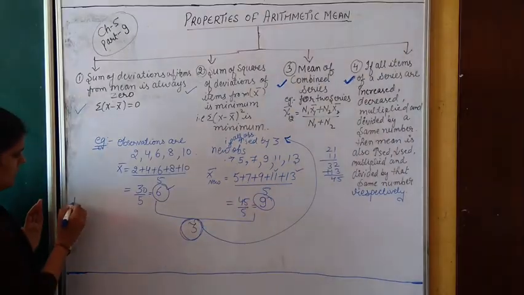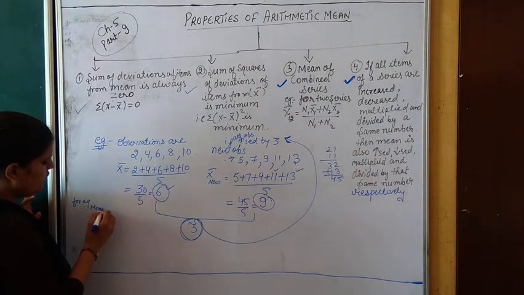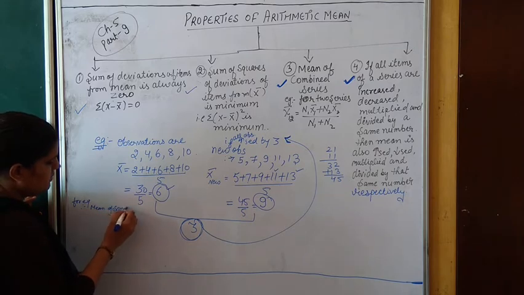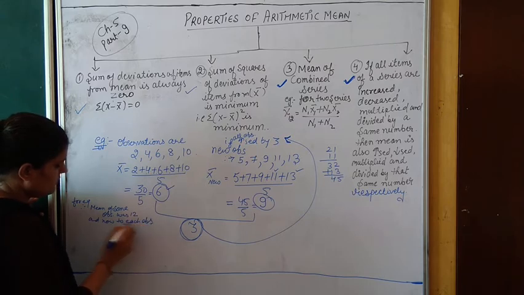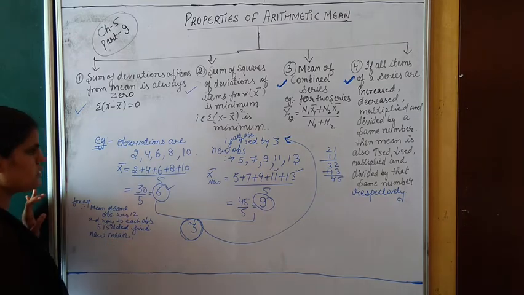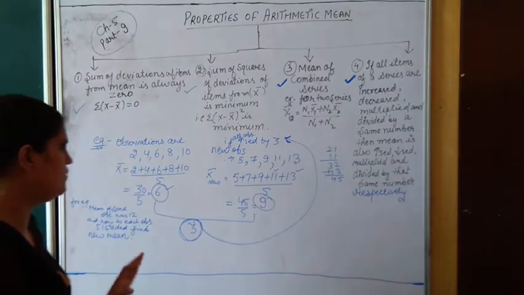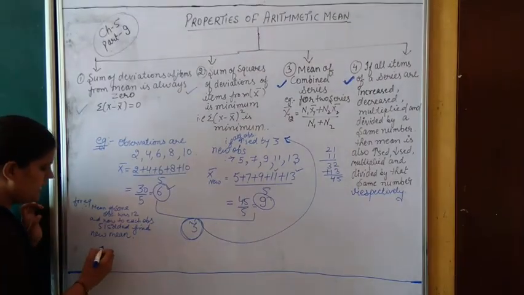See, again an example. For example, somebody is saying the mean of some observations was 12 and now to each observation 5 is added. Find the new mean. So using this property, I will not do all the calculations again. What I will do is directly